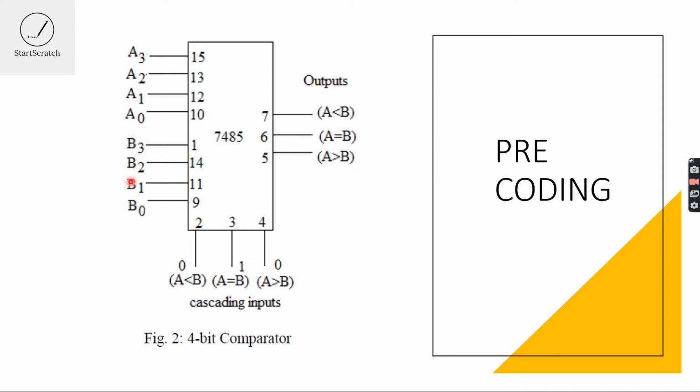Like say it is 1, it is 1, it is 1, and it is 1. Total it is 1 1 1 1. The whole value of A equal to 1 1 1 1, 4 ones, and the whole value of B equal to